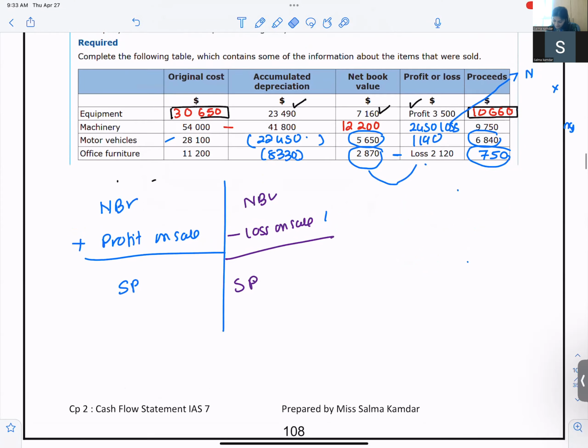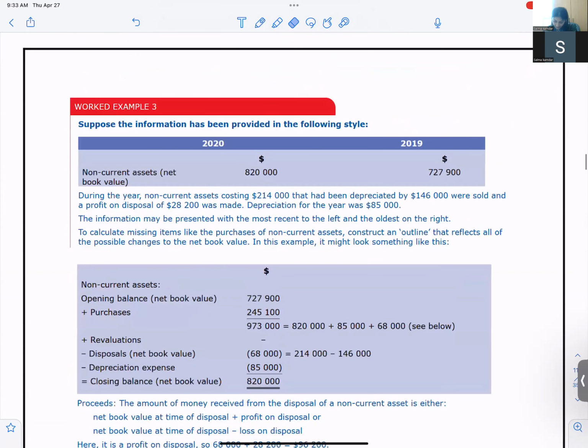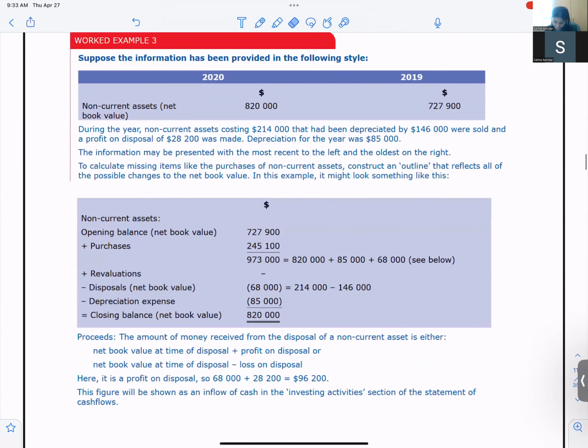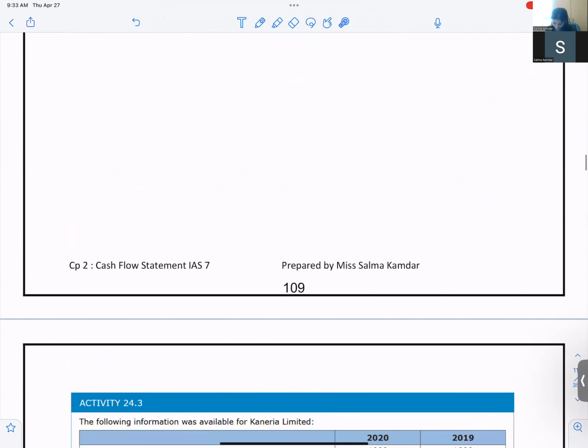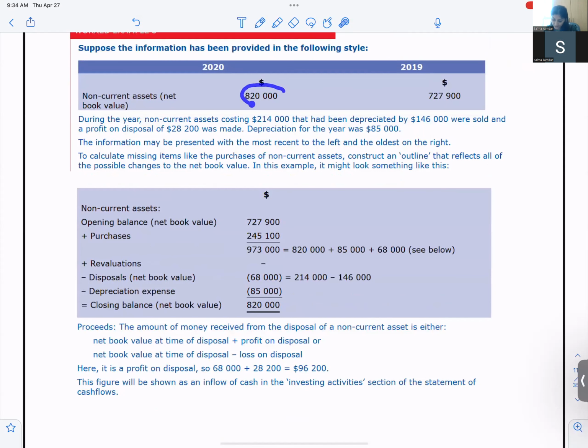Okay, so with this I have completed page 108. I have another example over here. Let's read this example. It's on page 109. I have non-current asset of 820,000 in 2020. In 2029, it was 727,900. And they are telling that during the year, you have purchased a non-current asset, and non-current asset costing 214,000,